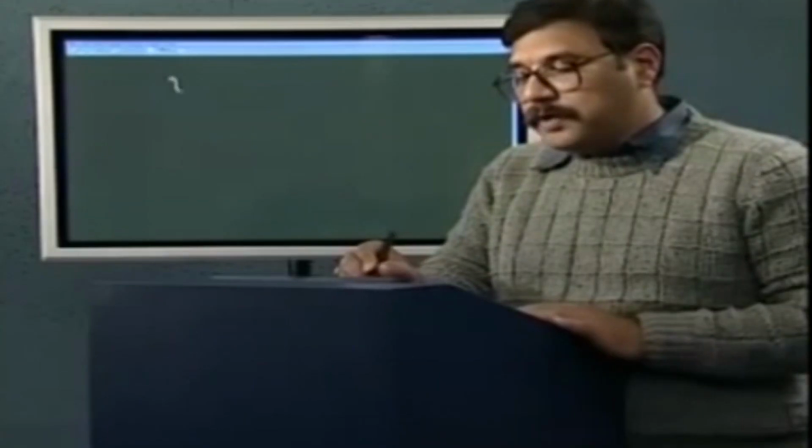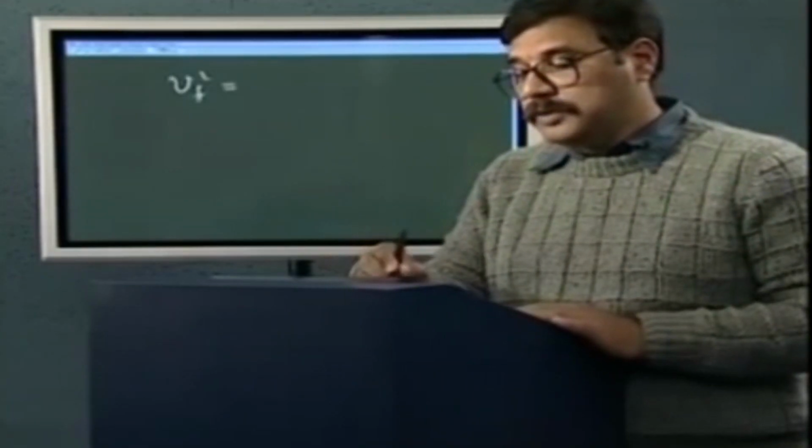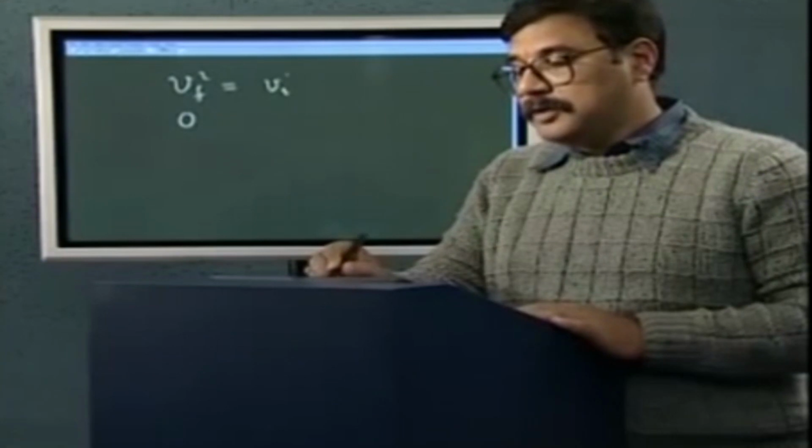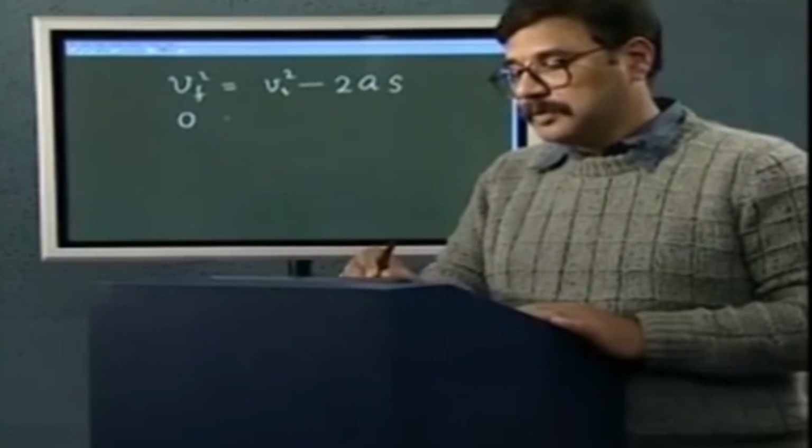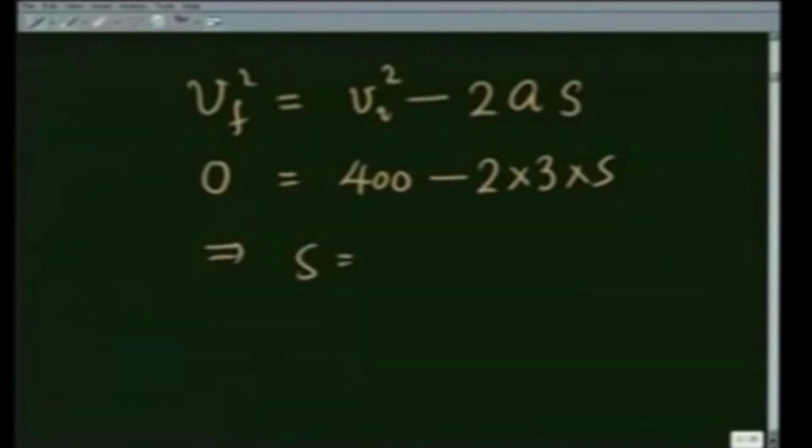And so V final square for the truck, which is 0, is equal to V initial square minus 2 times the acceleration times s. This is going to be 72 kilometers an hour, which if you change to meters per second comes out to be 20 meters per second, and 20 meters per second squared is 400 minus 2. I have already calculated A to be 3 times s. That is maximum A. So s minimum that much, and that gives you s equals 200 over 3, which is